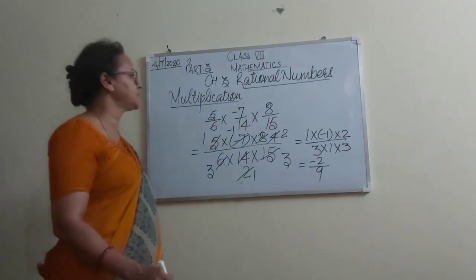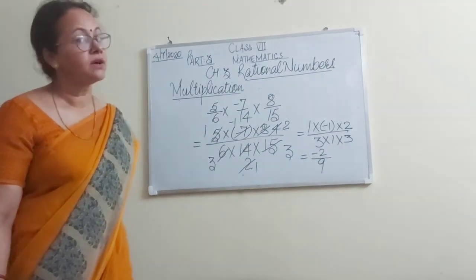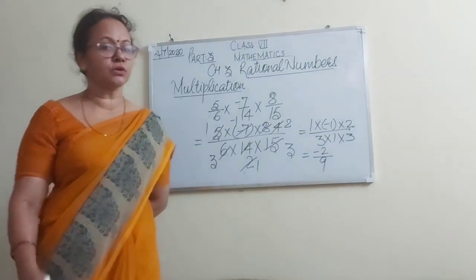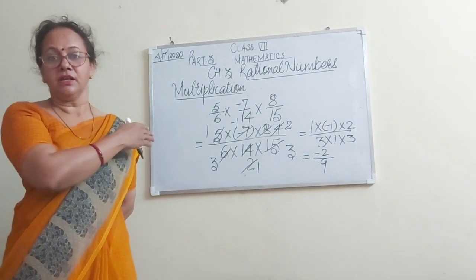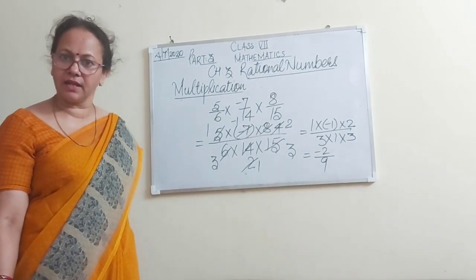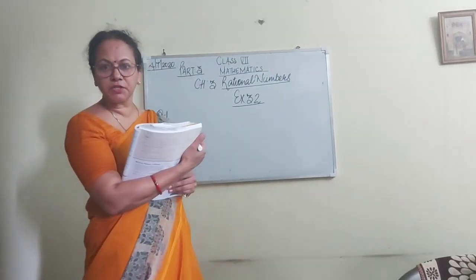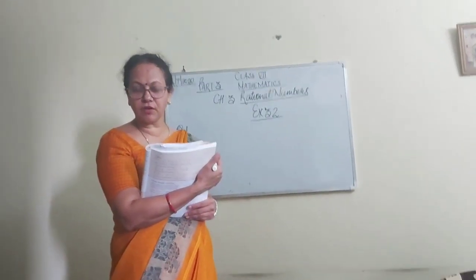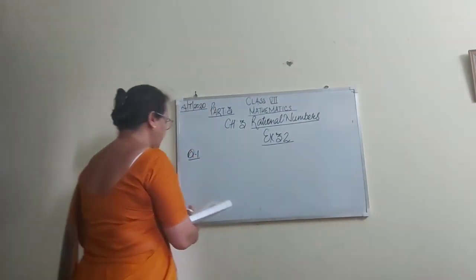That's all, students. These are the topics we have to cover in the exercise also. That's right. So your concept will be more clear after this example. We will go for the exercise. Clear? Students, now I am starting with exercise 3.2 after the explanation of the concept of addition, subtraction and multiplication. Okay, now we are doing add.